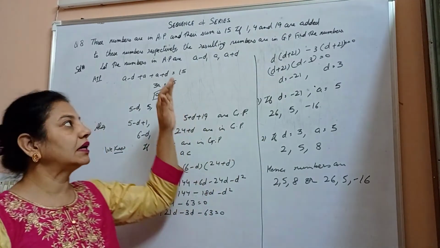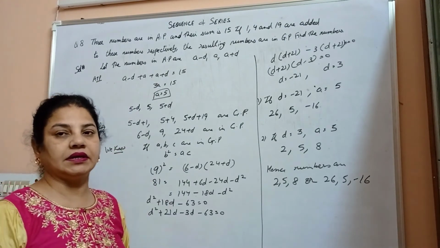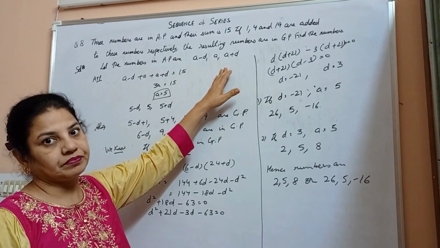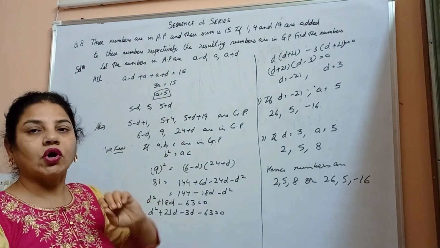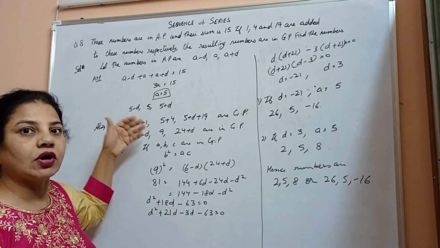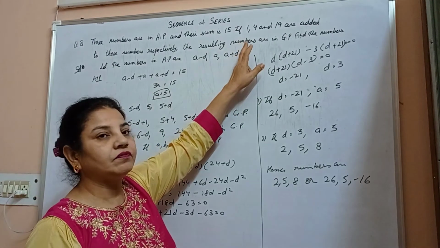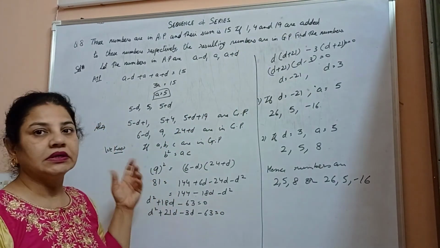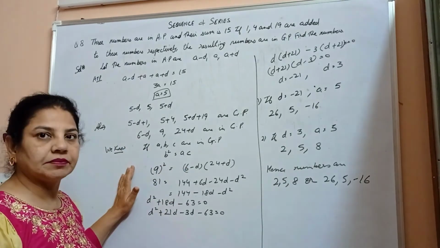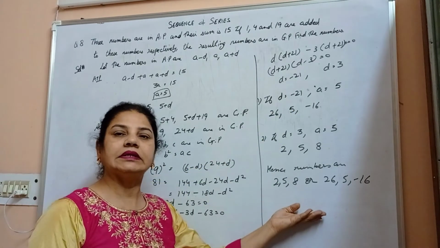As the numbers are given to us in the form of AP, we know that when three numbers are in AP, the numbers are taken in the form A minus D, A, A plus D, where A is the first term and D is the common difference. And thus we calculated the first term, and to calculate the common difference, we take the help of the given result. If 1, 4 and 19 are added to these numbers, they become GP. So using the concept of GP, we solved it to calculate the common difference and substituted the value to calculate the numbers.